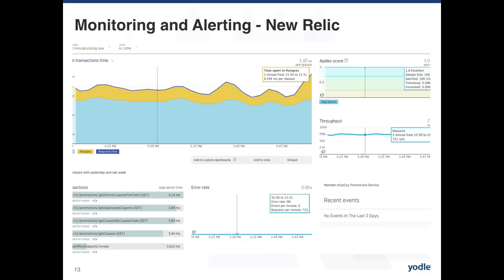You get lots of colorful graphs about what's going on. You get throughputs. You get transaction times, which is really useful. Errors. And it has a lot of pages. You can click through it and get more details on all this stuff. But because we're pushing to production so much more, being able to see how production's running and making sure nothing